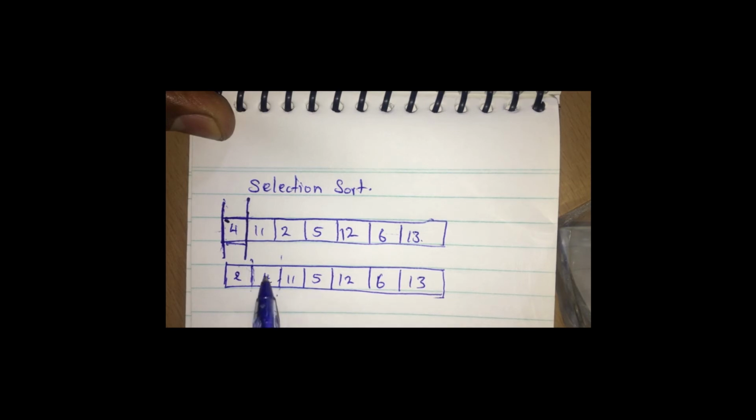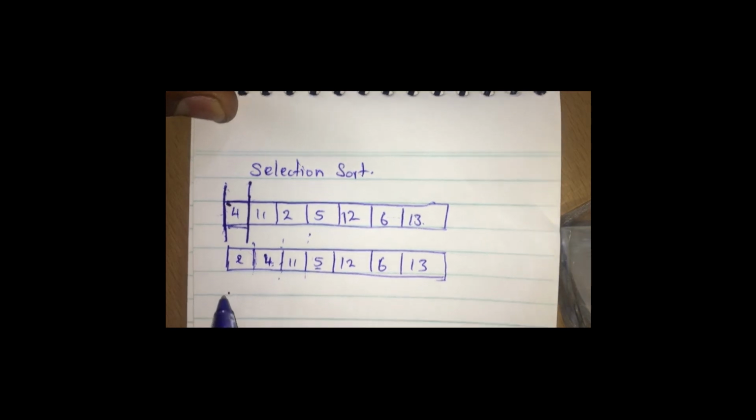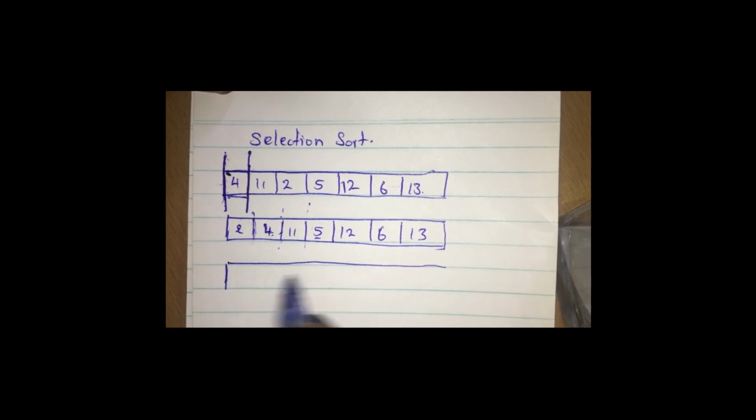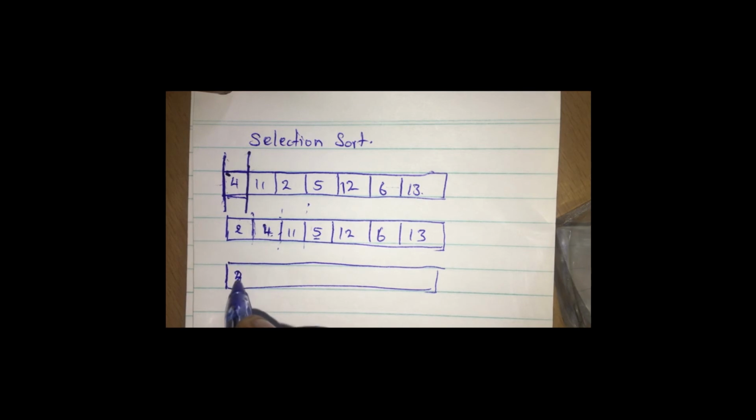Next step, we look for the least element, which is 5, put it here. So our array is going to be 2, 4, 5, 11,